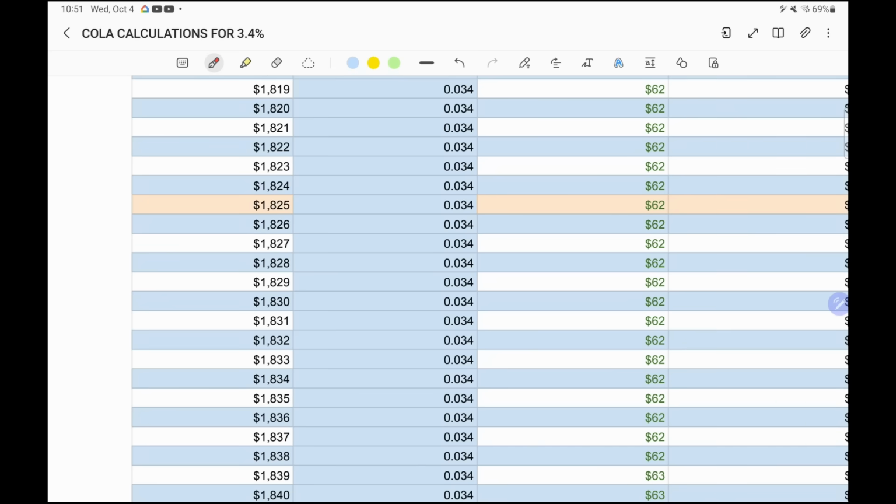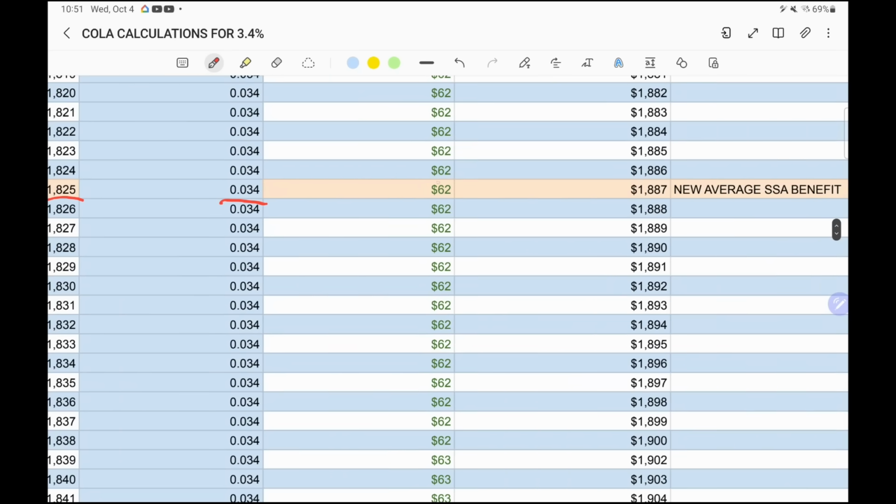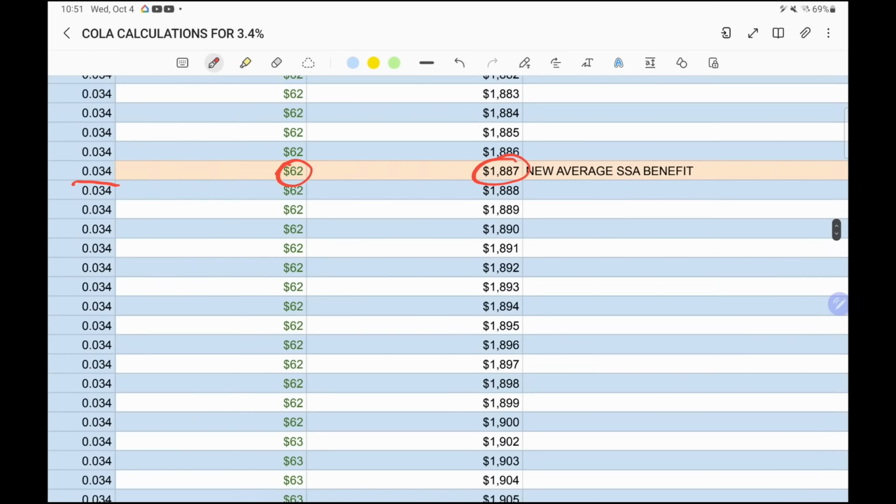$1,418. Okay, so now we're looking at the average Social Security benefit. The average benefit right now is $1,825. With a 3.4% change, we're looking at an increase of $62 and a new total of